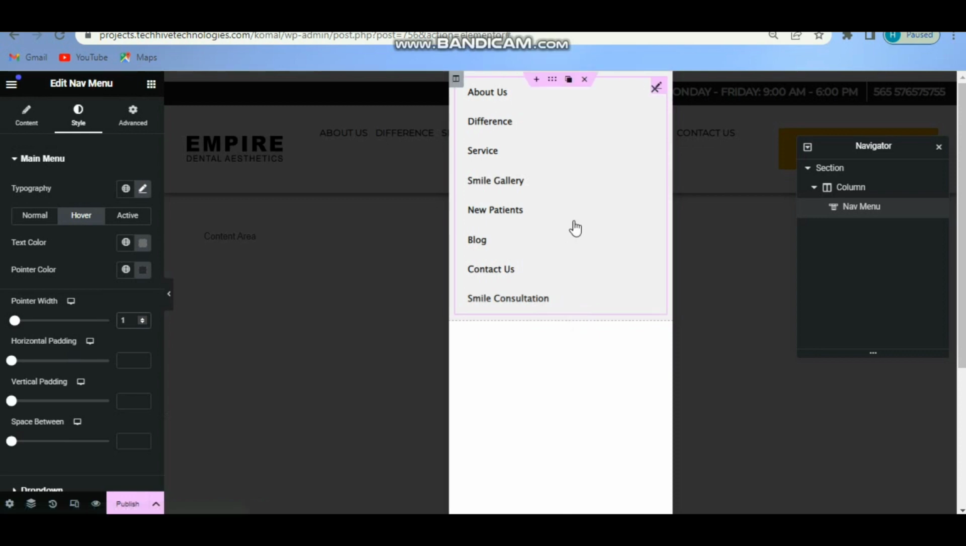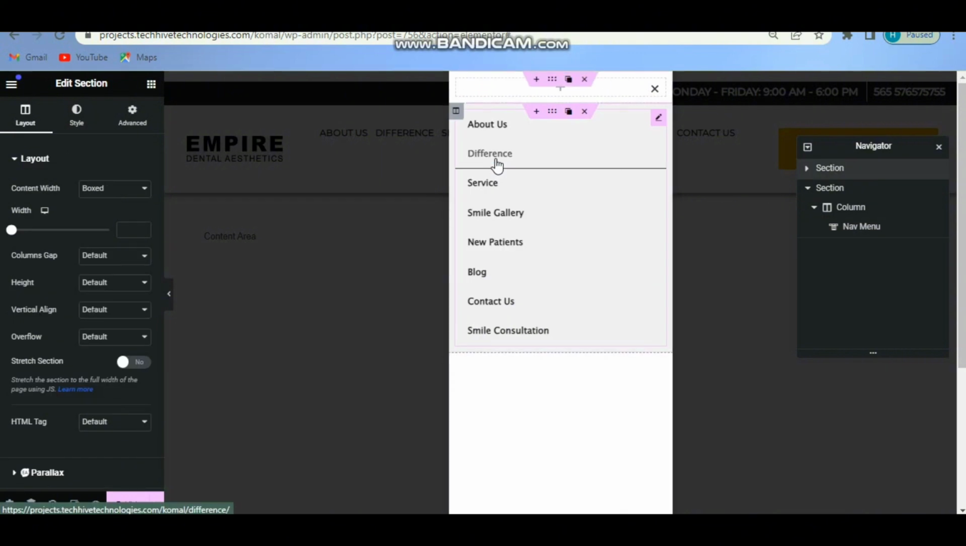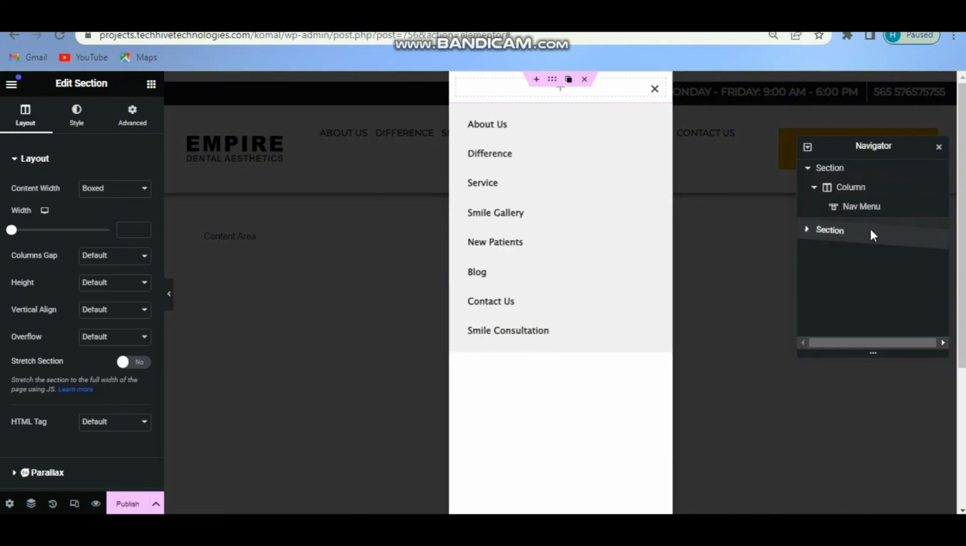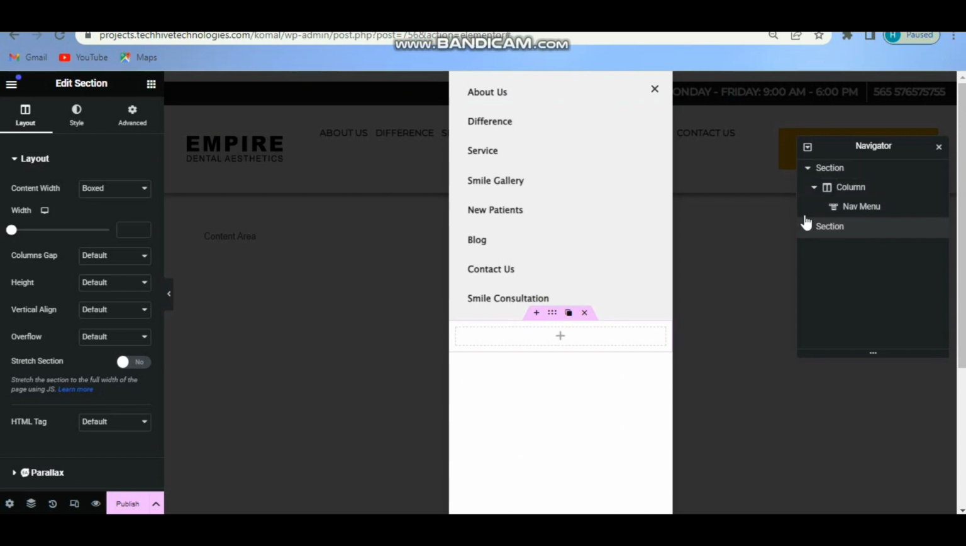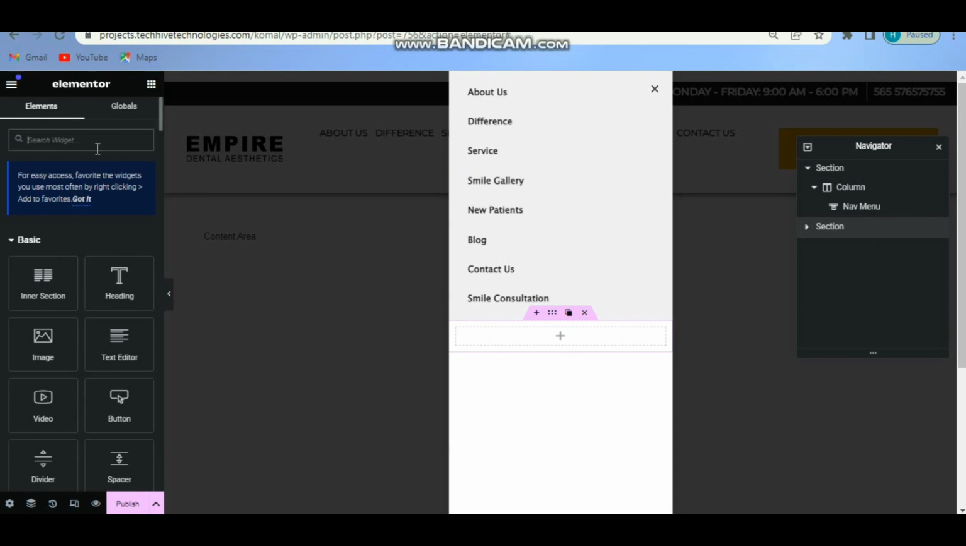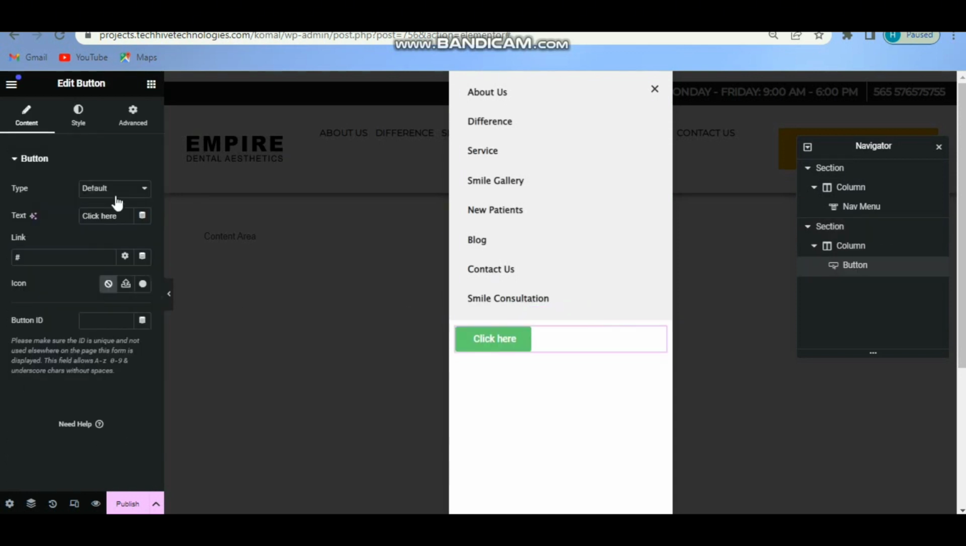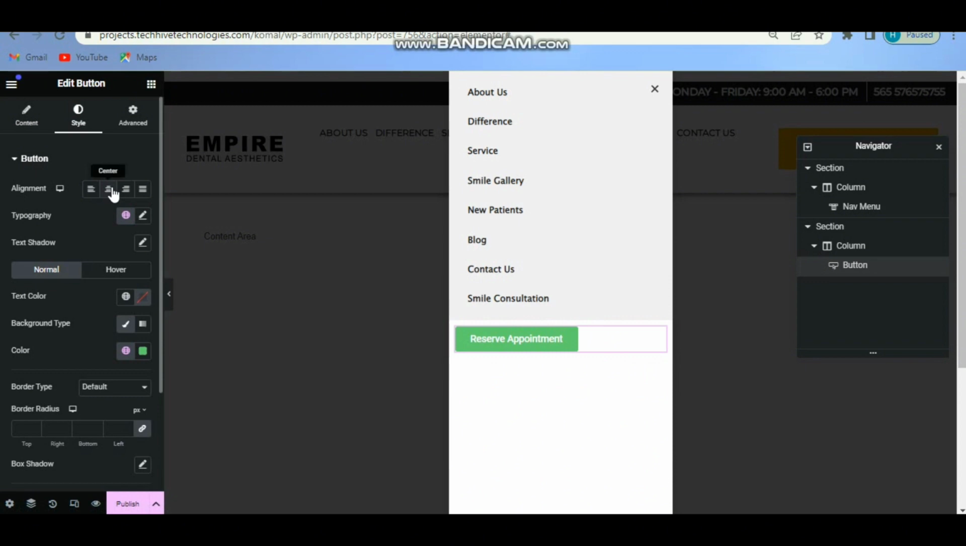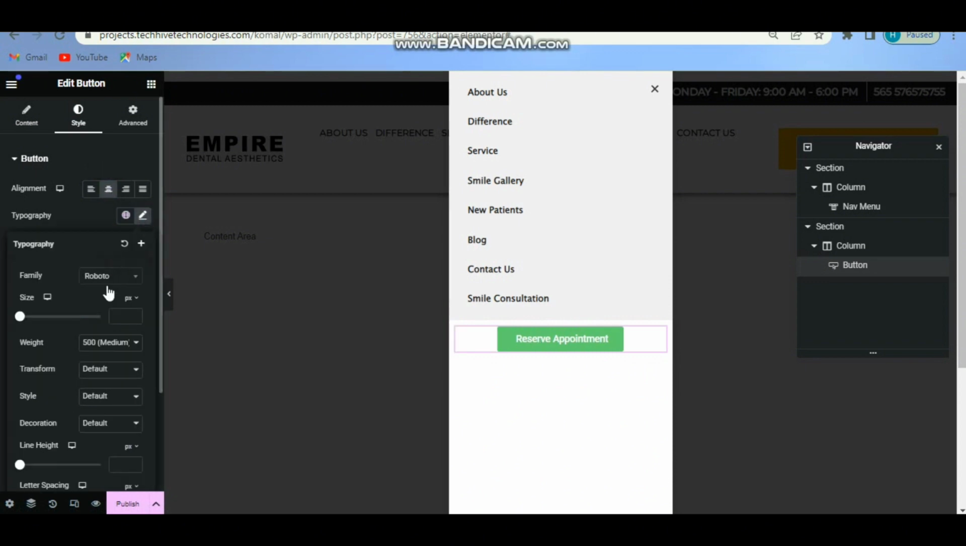And now I want to add another section, so click here, just simply drag it at the bottom of the first section. I want to add a button here, so for that click here on the plus icon and select the button, and instead of click here change its text to like that, and change its font family and color to I want it center, and typography